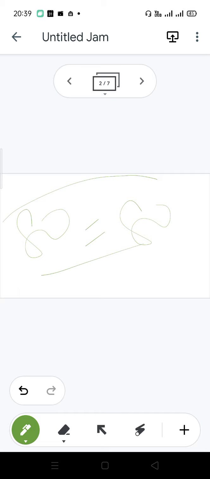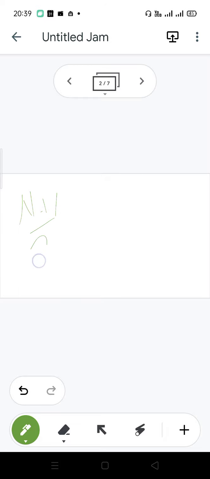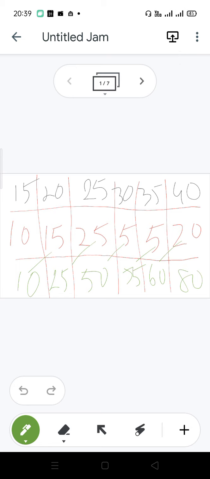Now the next step is to find the value greater than (n plus 1) by 2 in the cumulative frequency. Our (n plus 1) by 2 value was 40.5. So we have to find a value greater than 40.5 in the CF. The CF values we have are 10, 25, 50, and 50 is greater than 40.5. So the x value in front of 50 will be our median. The x in front of 50 is 25, so our median is 25.